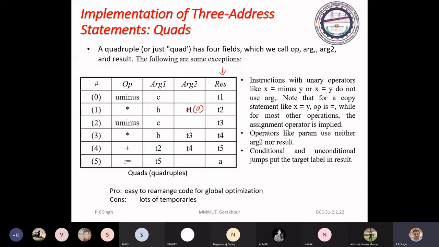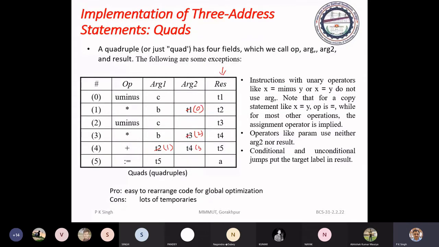Similarly, here you can write 2, then here 2 gets calculated at 1, so it will be 1, and 4, this 4 is calculated at 3.